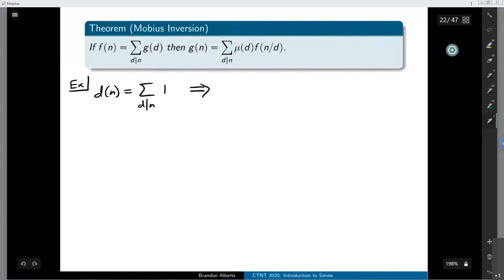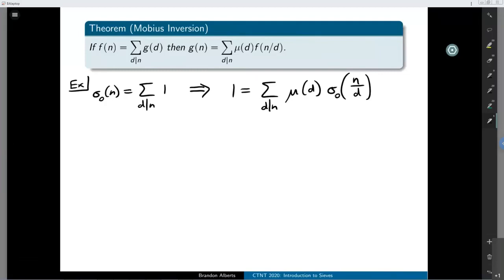Well, Mobius inversion says that we can flip the roles of those two functions. So 1, the function which is identically 1, is equal to the sum over divisors d of n of mu of d times the divisor function of n over d. And I'm starting to regret using d, so I'm going to use the other notation, sigma 0. It means the same thing. Mobius inversion gives you this sort of inverted formula,